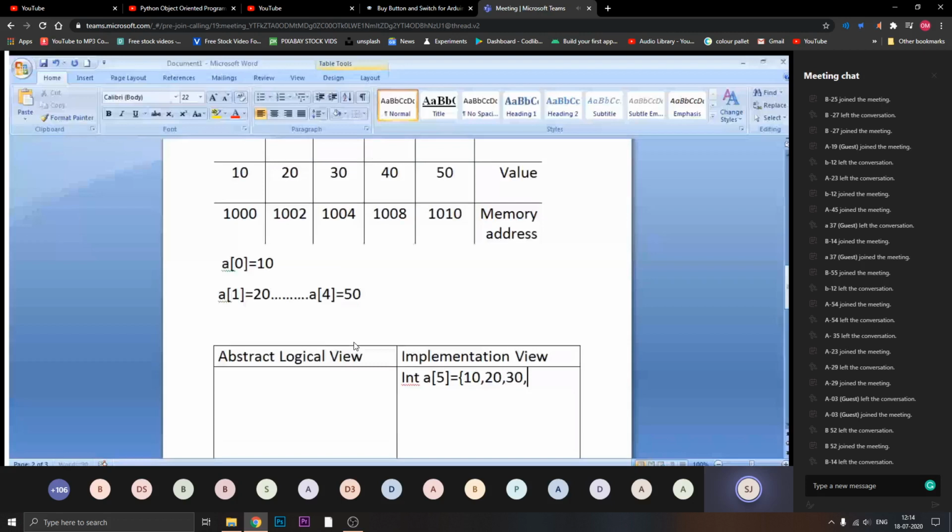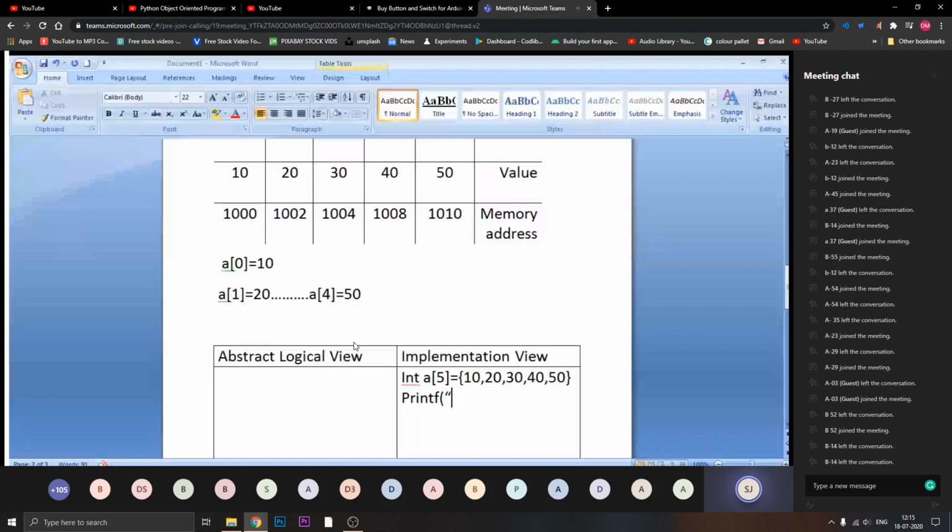If I want to print something, the implementation view of the above array will include this part: printf, percentage d in double quotes, comma, and I want to write a of 1.